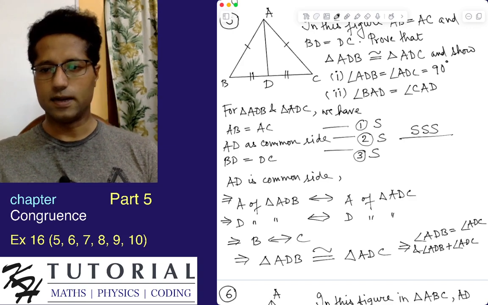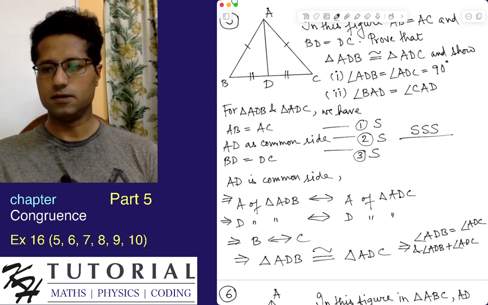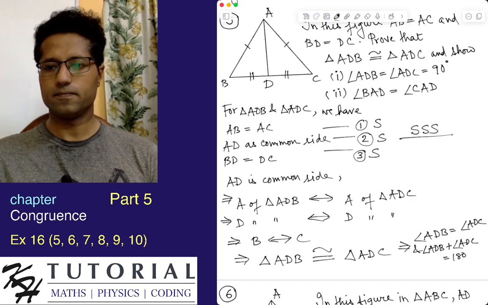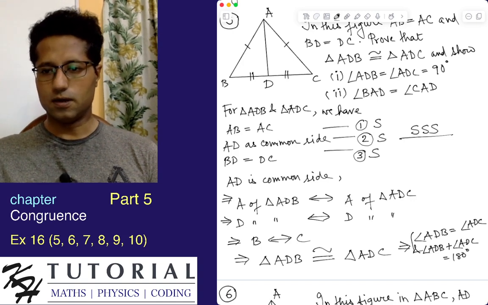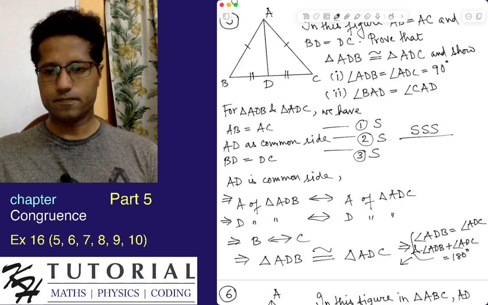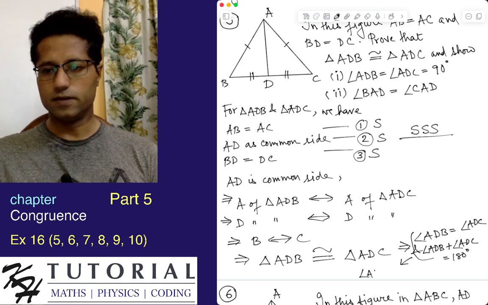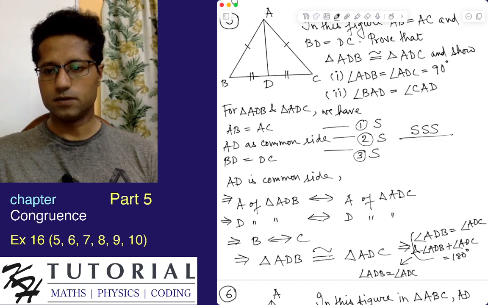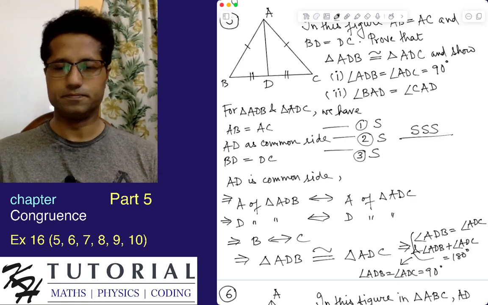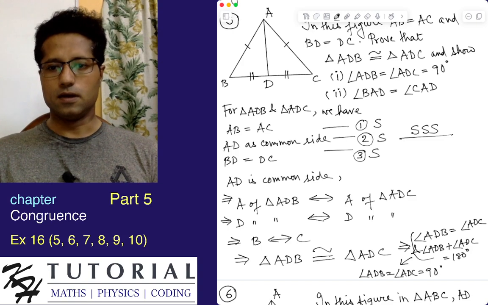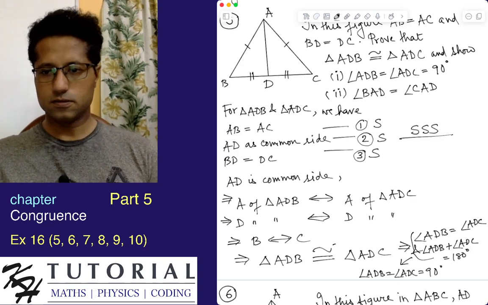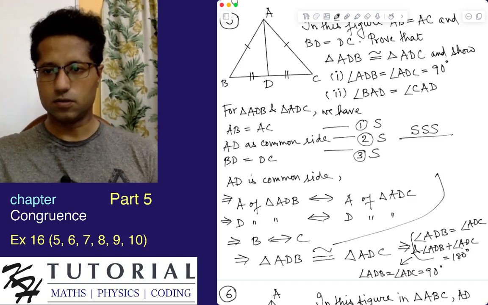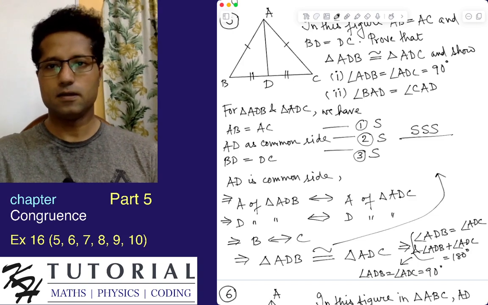We know that angle ADB plus angle ADC is equal to 180 degrees. So if you solve it, you will get angle ADB is equal to angle ADC is equal to 90 degrees. And also from this, since these two triangles are congruent, we can say that